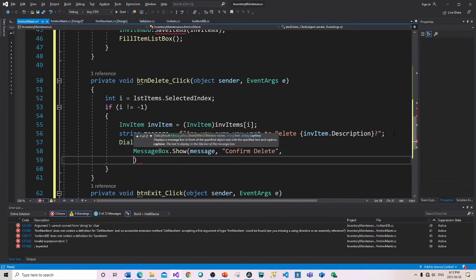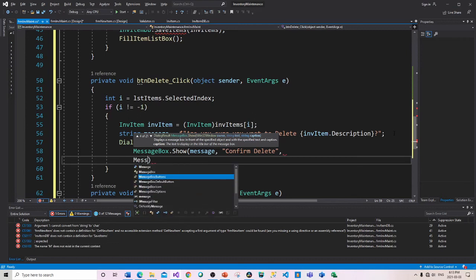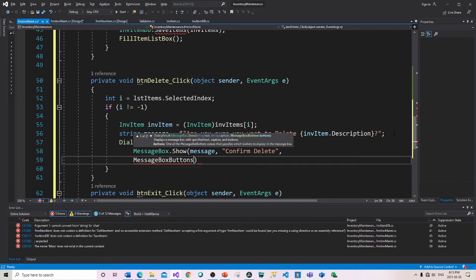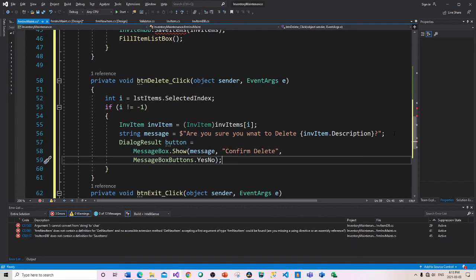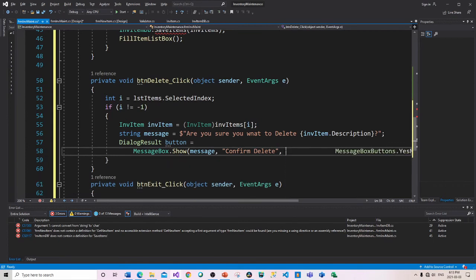Let's go down to the next line. Message box buttons dot yes, no. Okay, and I'll just put the colon there. Now I probably had enough room on here. I can also do this. I think I'll do that. Okay, and then